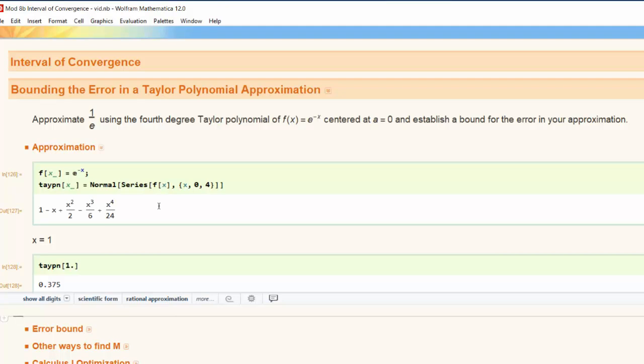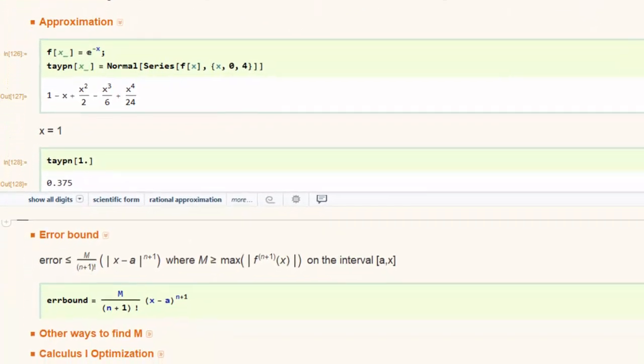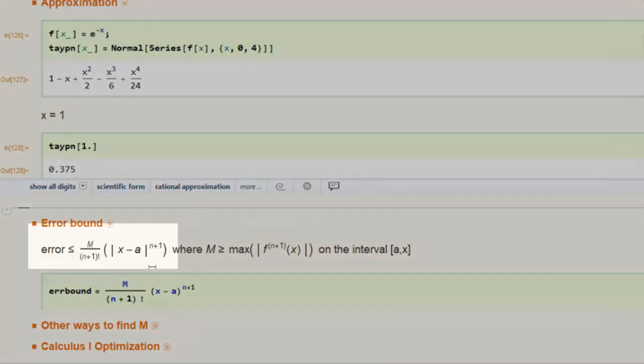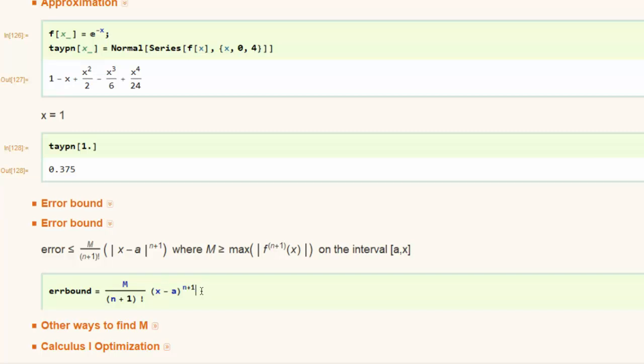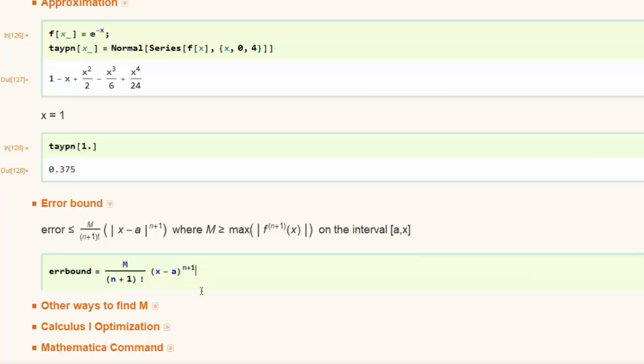But calculus does give us a formula for establishing a bound for the error. In other words, the error has to be less than or equal to this equation, M over n plus 1 factorial times the quantity, the absolute value of x minus a, raised to the n plus 1 power. So we have our formula here,